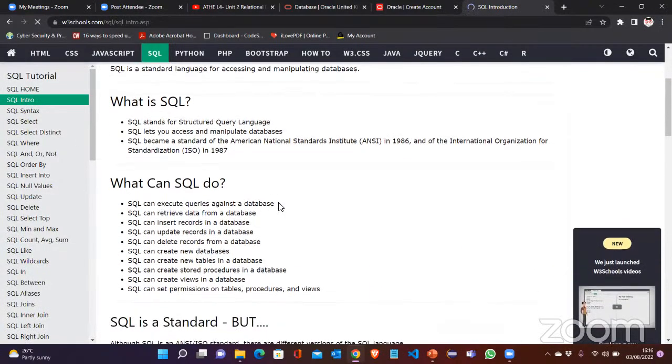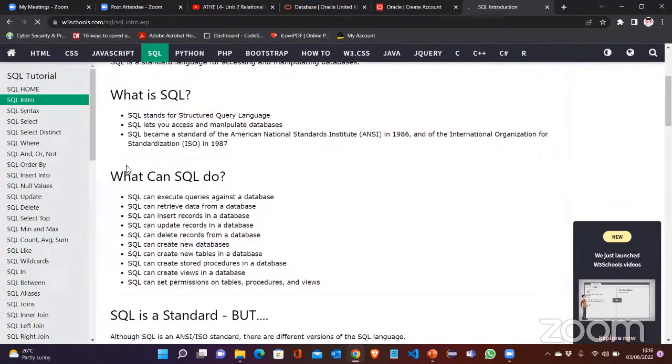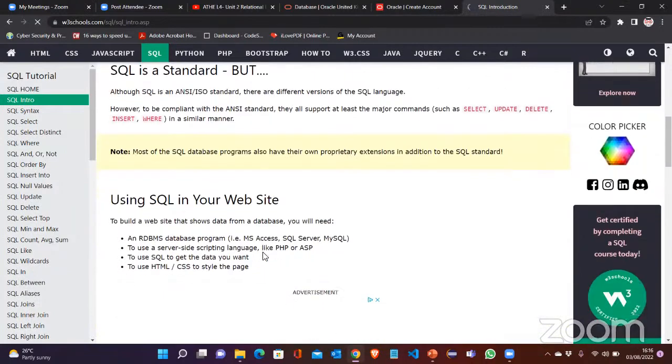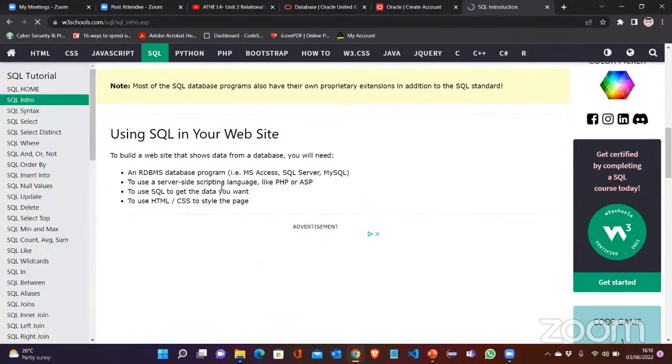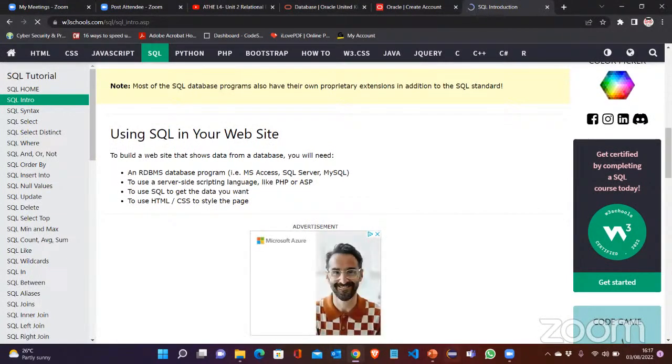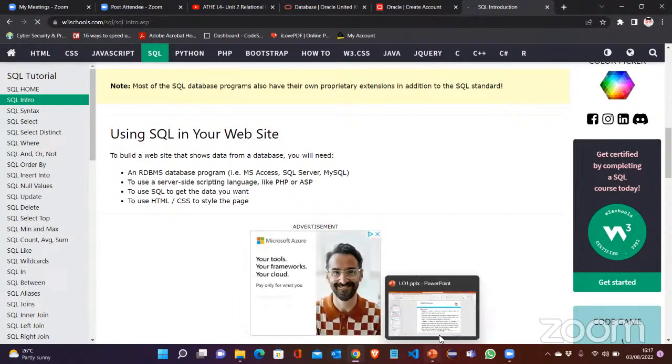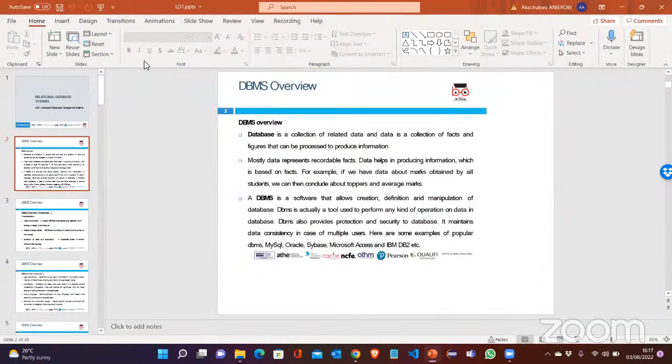Here there are a couple of examples of what SQL can do. SQL can execute queries against the database, retrieve data from a database, insert records, update, delete, and create. So there is loads of functionality which comes from using this programming language. Coming back to our presentation,